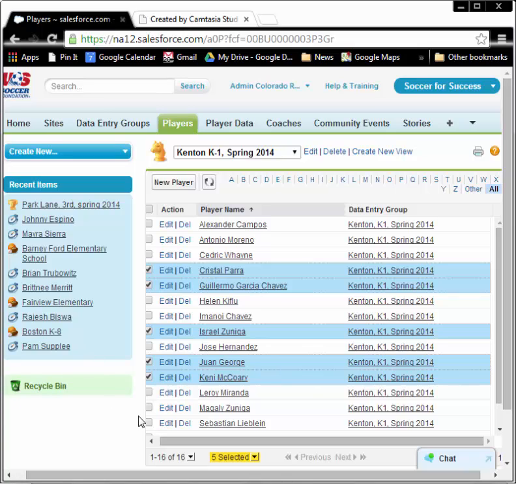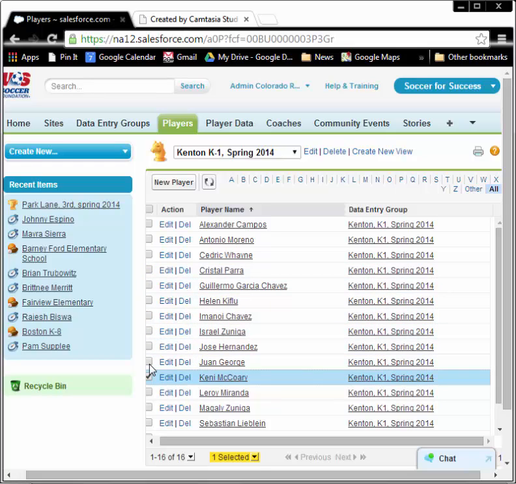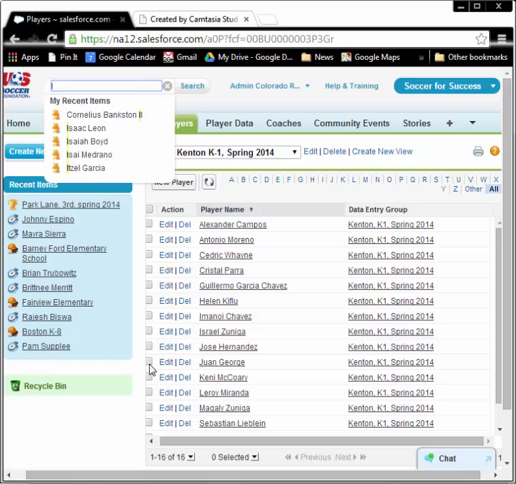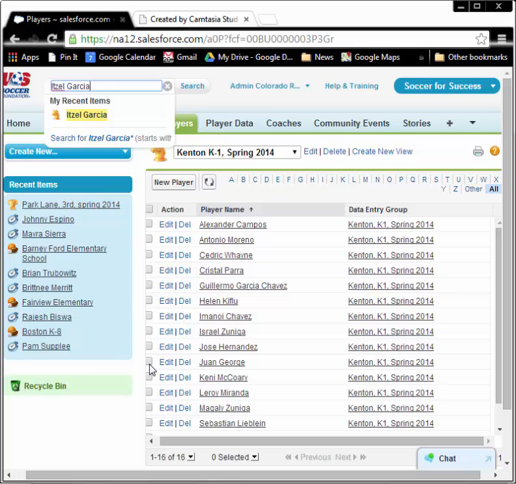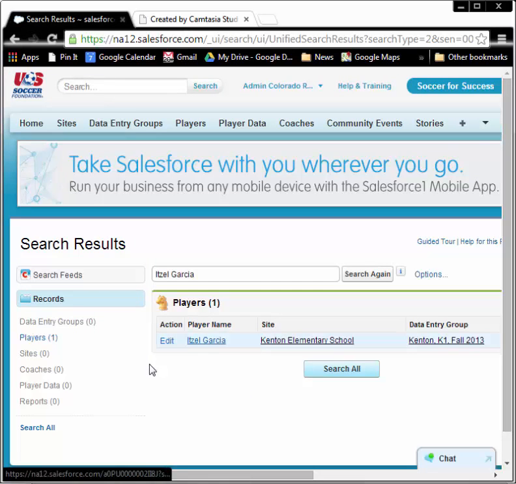If you know that you had a kid or a participant in the system somewhere but you're not sure what season or what team they participated, you can search for them up here. So if you know that Itzel Garcia participated previously and you have a registration packet from them, type their name up there. They'll pull up here,